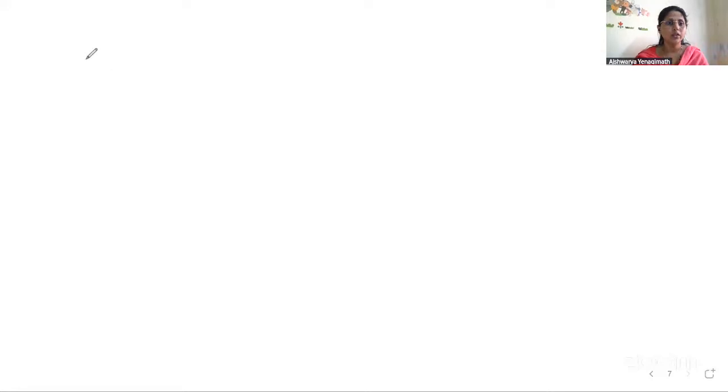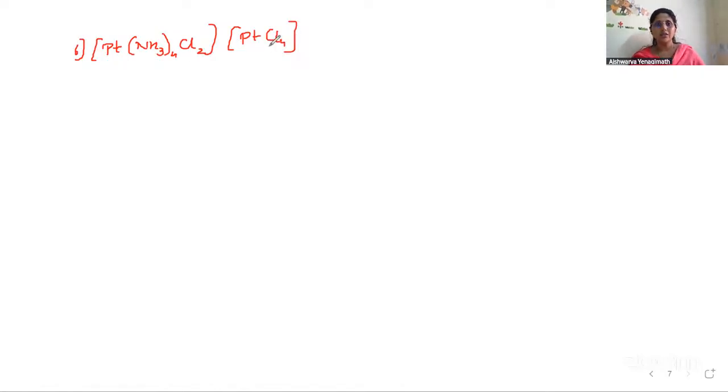Fine. So the next example is [Pt(NH3)4]Cl2 and [PtCl4]. So please see here, both are complexes. This is positive ion, this is negative ion. So positive ion should be written first. So how do we write it? I'm sorry. It is Pt, right? So it is platinum